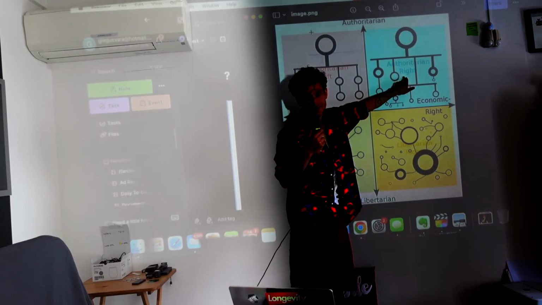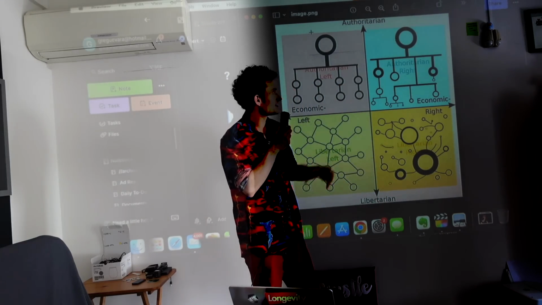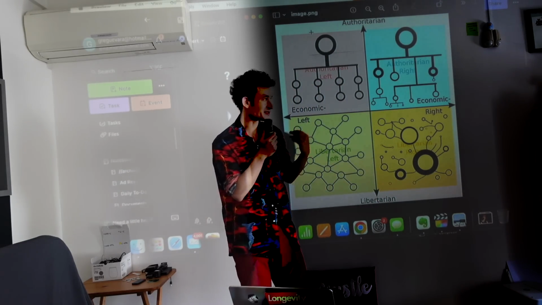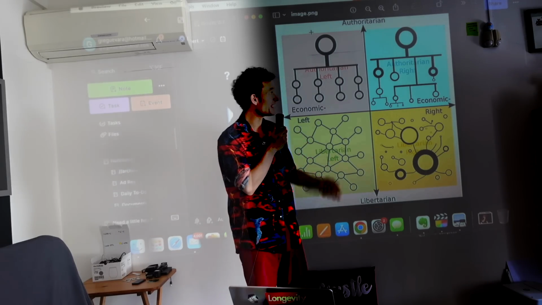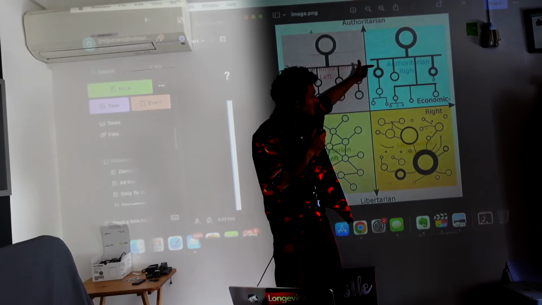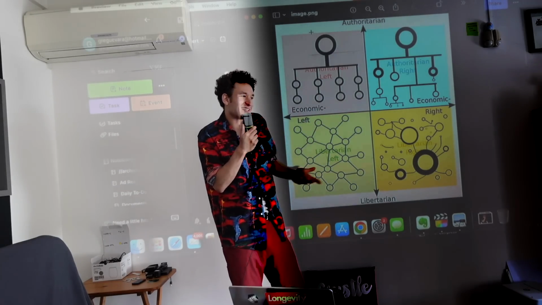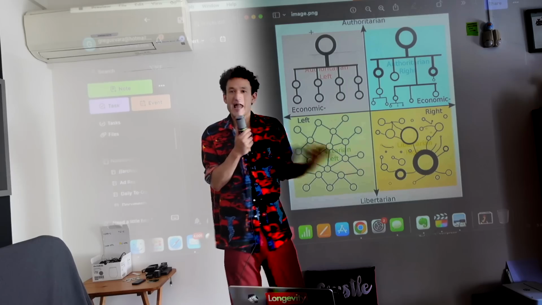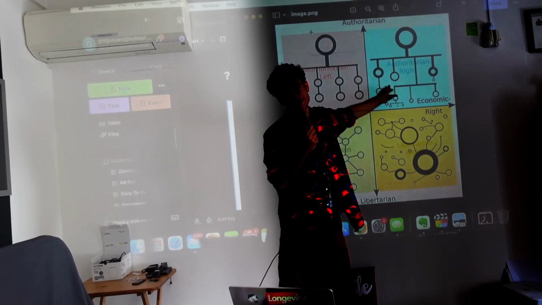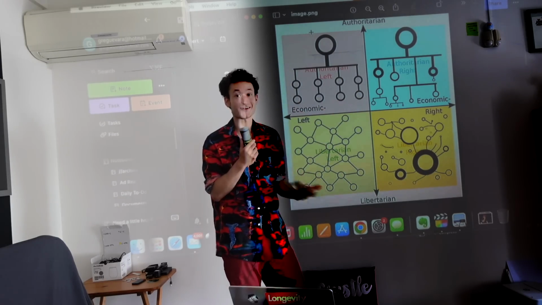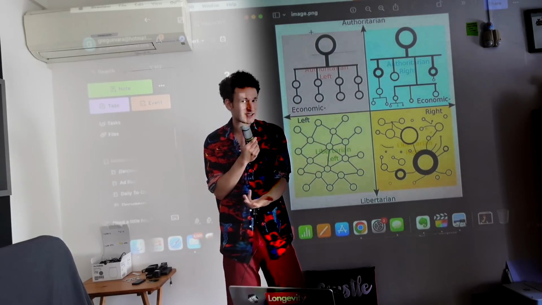On the authoritarian right, we have something similar, right? We have that big circle. That means that there is one centralized authority. But in this case, the centralized authority isn't a dictatorship of the proletariat that's enforcing equality. In fact, there's an even more complicated hierarchy below it. What it's really doing is enforcing hierarchy. So whereas auth left is enforcing equality, auth right is using authority to enforce a hierarchy, but it's keeping the natural hierarchies as they are, or maybe even accentuating them.